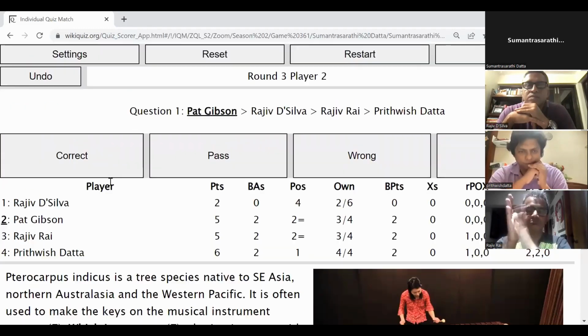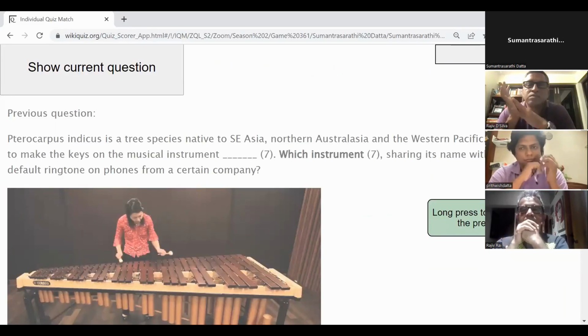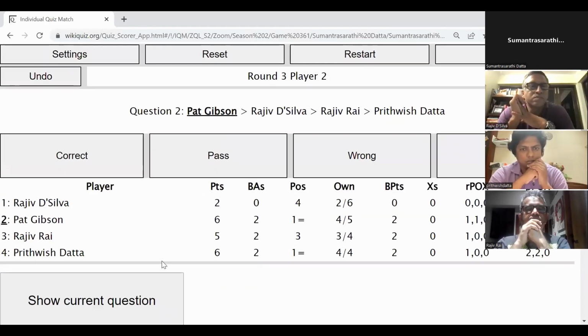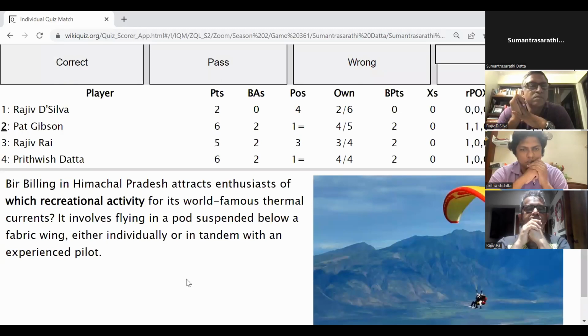Marimba. Marimba is a super answer. Correct. The default Apple ringtone. And Pat, your second. Bir Billing in Himachal Pradesh attracts enthusiasts of which recreational activity for its world-famous thermal